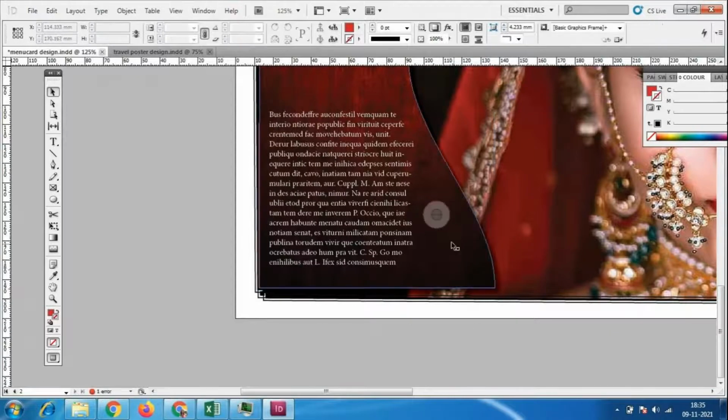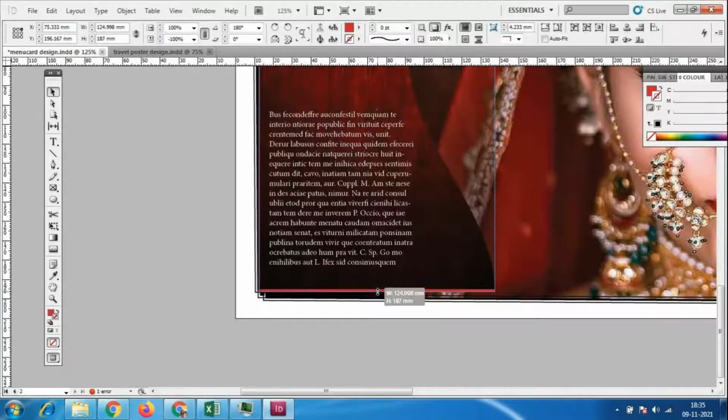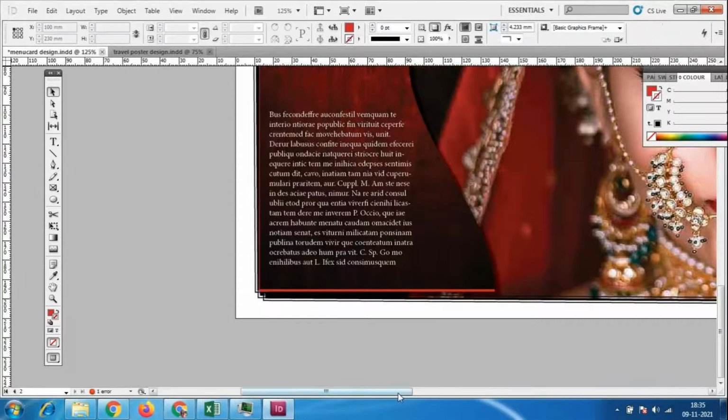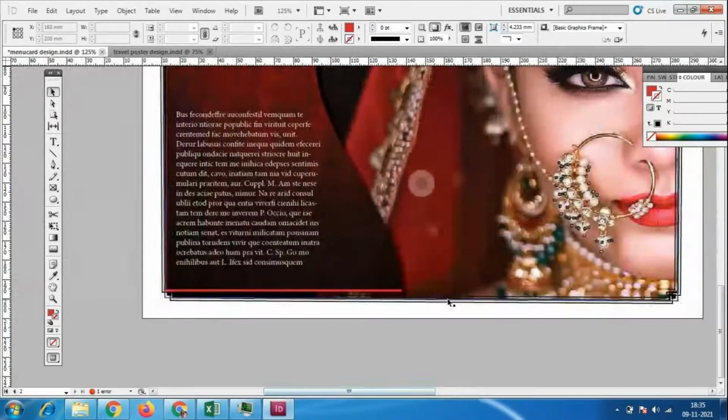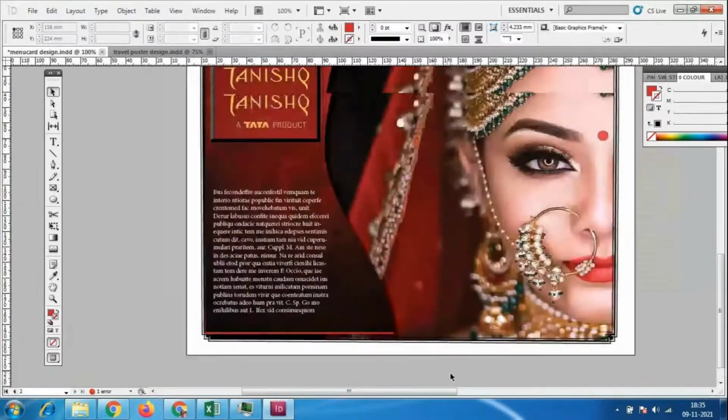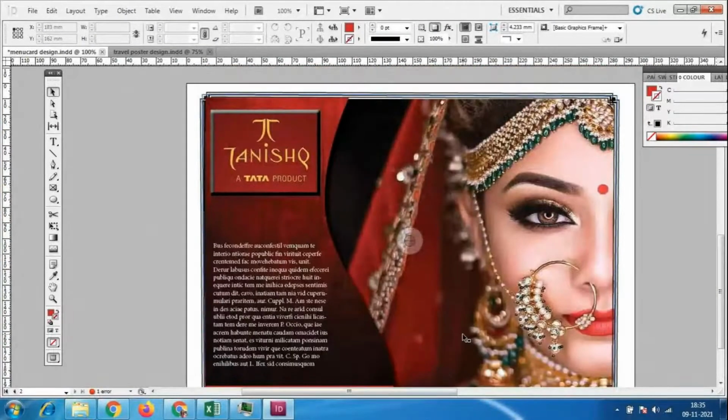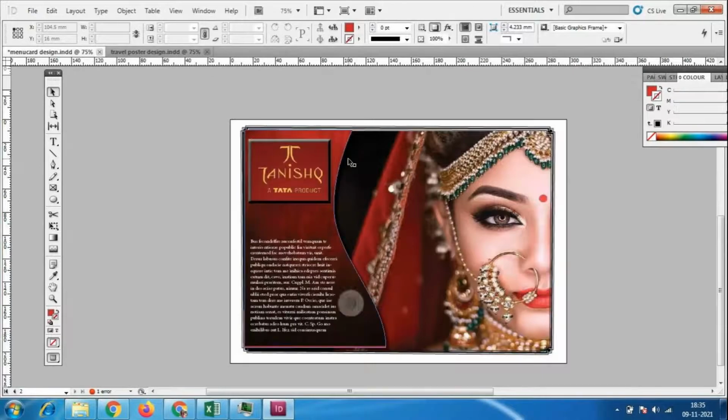Little bit long, I could add it. So this is a border design I have done. So here, we will get the inside page. So outside page will be different, inside page will be different, and we can place the things over here.